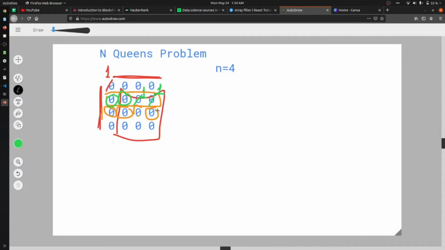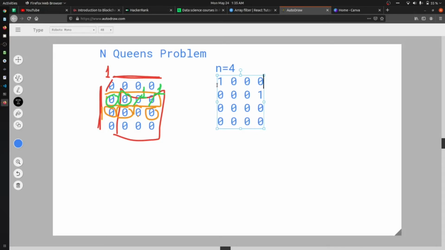If I create a new chessboard, it will be something like this. Now I will try to put my new queen in this row.